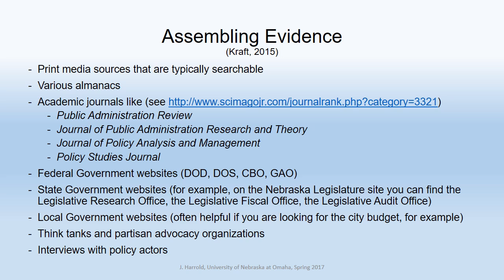Then, of course, there are the academic journals. I listed 4 there, and I also give you a link there. That link actually provides some of the most used public administration journals. What you're going to find in the academic journals is a lot of policy analysis, and some very rigorous methodologies. Now, it's my opinion that not a lot of people in various legislatures use academic journals.